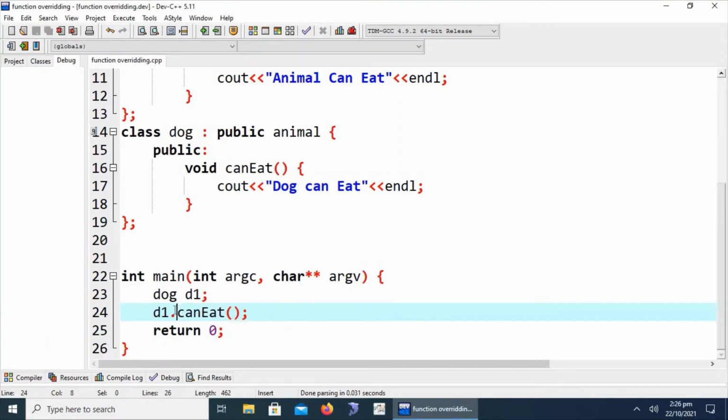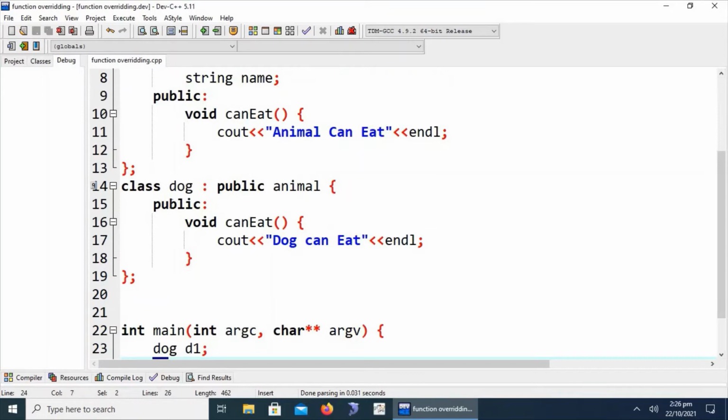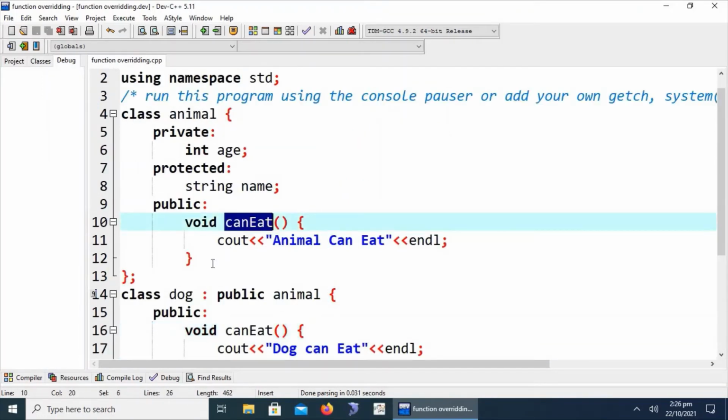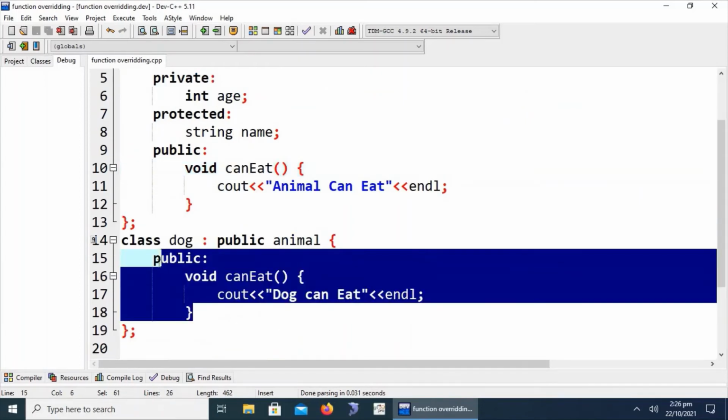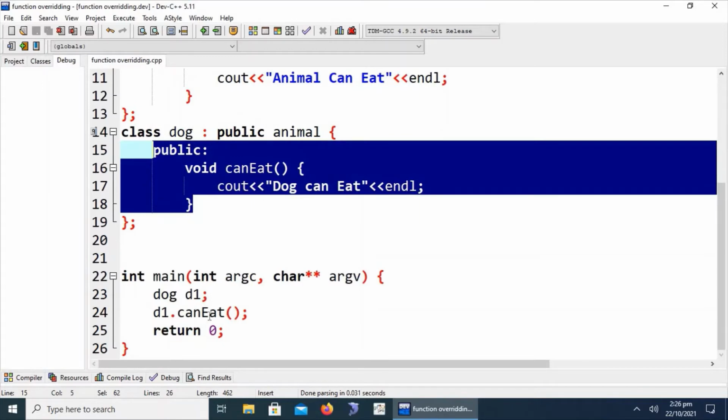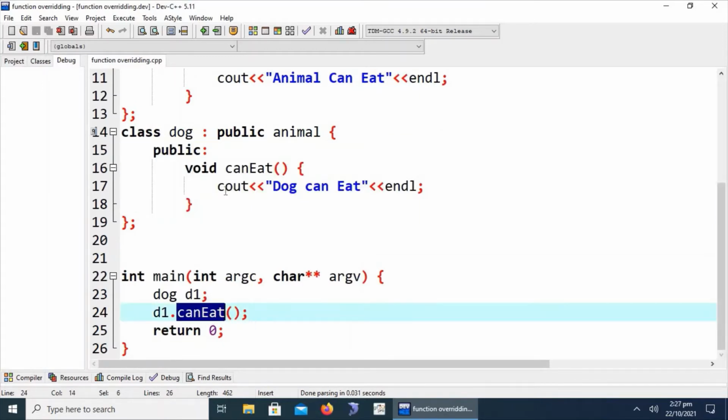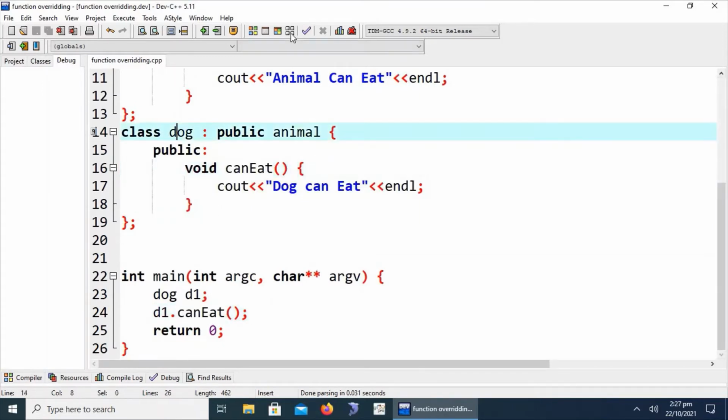The can eat method is automatically loaded into the list of member functions. What will happen? Will d1 call the method of the dog class or the parent class? Before compilation, I have to tell you that the overridden function call is first placed from the derived or child class.